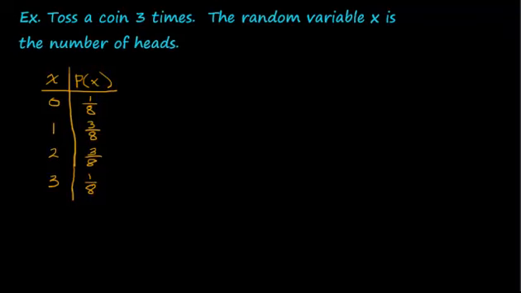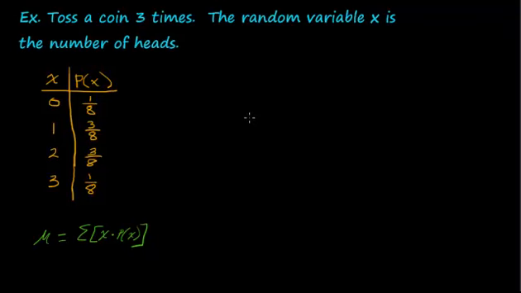So we might ask the question, what's the average number of heads if we repeat this procedure an infinite number of times? Well, that's like saying, what's the mean of this random variable? So the mean, mu, would be equal to the sum of all the x's, all the different outcomes, times their probabilities. Okay? Well, given that, we can use the table to continue to calculate and get this mean of our probability